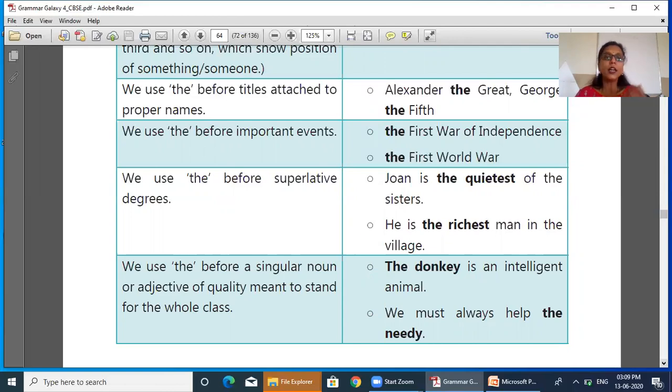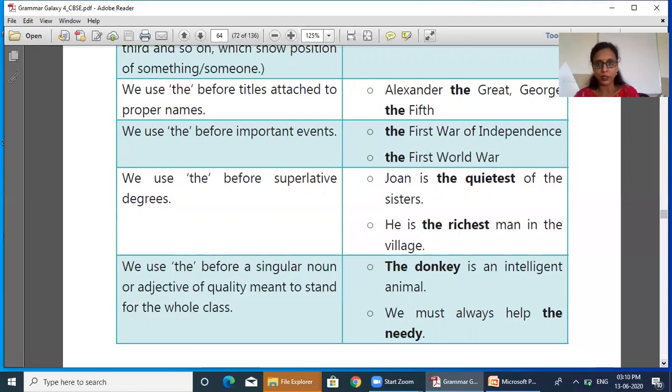Superlative words are longest, tallest, highest. So why should we use "the" with superlative words? Again, it is the same. We talk about that specific thing. Now, example: he is the tallest boy in the class. Think in the class 20 children are there, right? Call the tallest boy. What will we do? We'll go to that particular child who is the tallest of all the children. So here the superlative tells us about that particular one of a kind. So that's why we should use "the" before it.